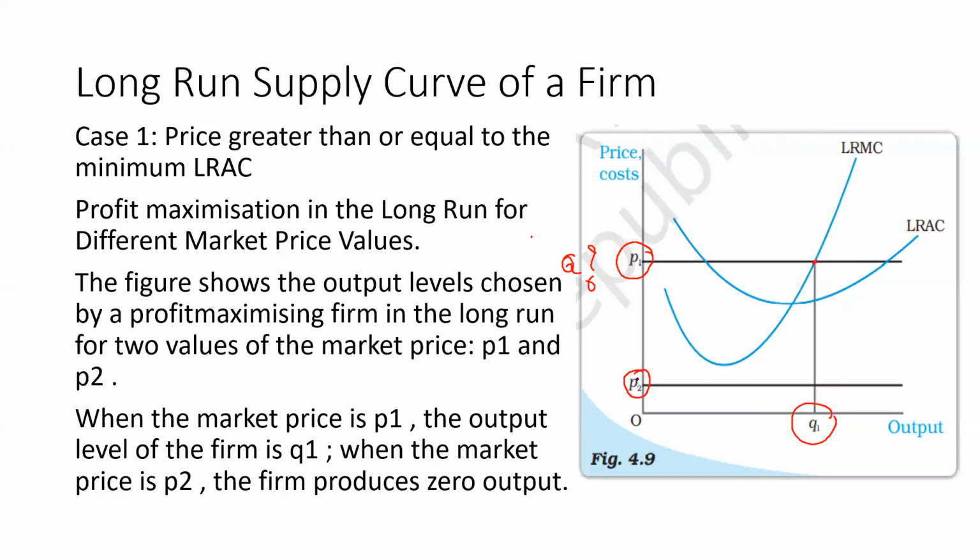So next, it comes to price 2. When it is price 2, how much quantity are we going to produce? Yes, very good. We are going to produce zero amount of output. Why zero amount of output? Because the price line is below the average cost. That means if we produce any output, we are definitely going to incur a loss. After knowing that we are going to incur a loss, no one will be interested in the production.